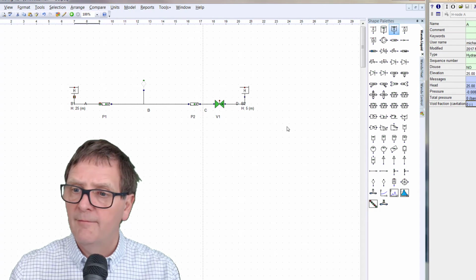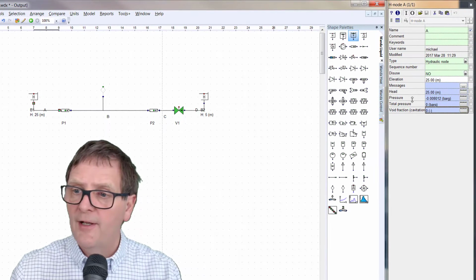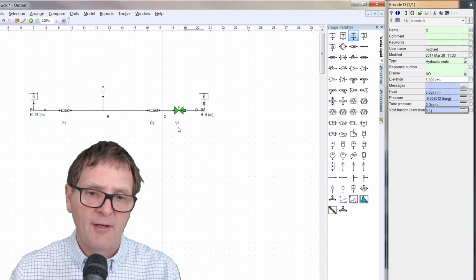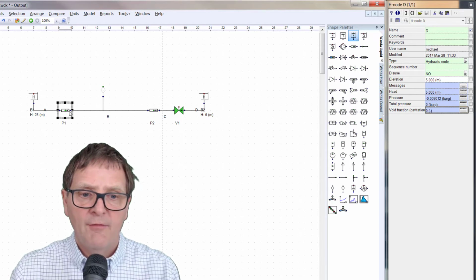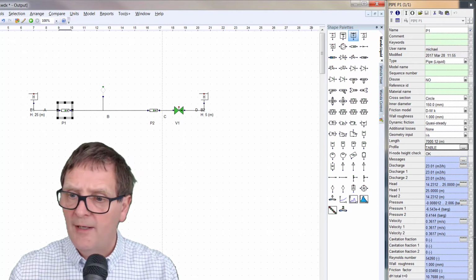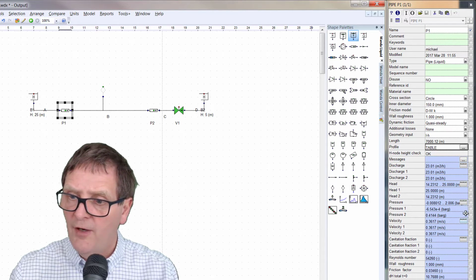So if I click on that, yeah. Now I've clicked on there, the pressure there is 0, and you'd expect the pressure at this end as well to be 0. That's great. So that looks okay. So if we look at the profile, what we can do is select a pipe, and we can look at the pressure profile along the pipe,